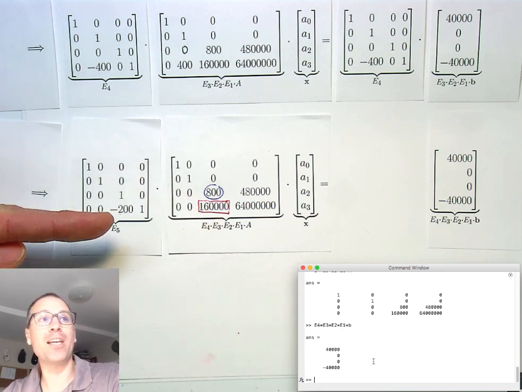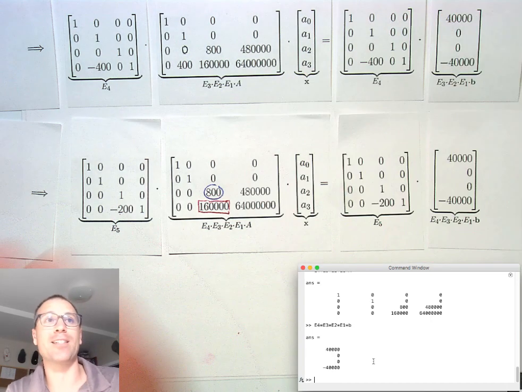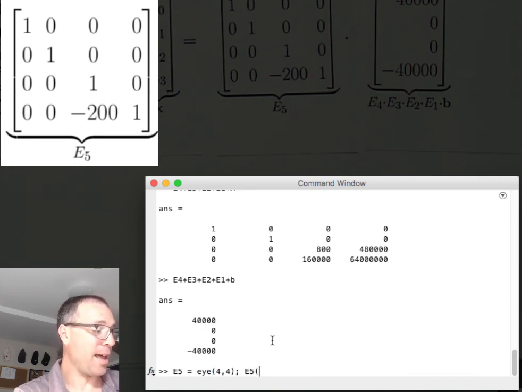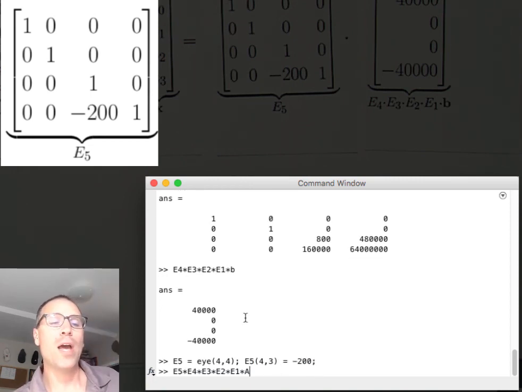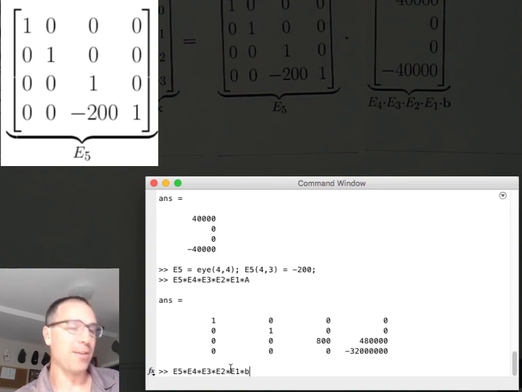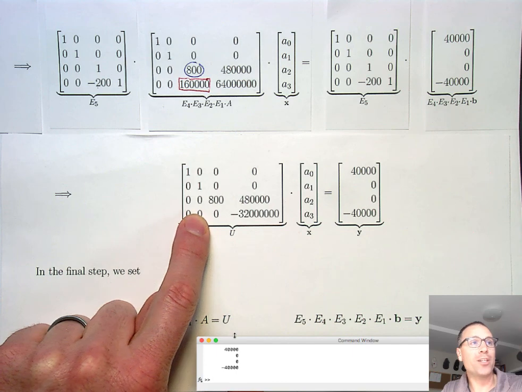If I multiply on the left-hand side of my equation by that matrix, I must also do the same thing on the right-hand side. Let's go ahead and store that matrix in MATLAB. So E5 is going to be a 4 by 4 matrix. And then the entry in 4, 3 we said was going to be equal to 200. And then when I multiply this new shear matrix on that chain of elementary matrices, notice that I indeed cancel out that last non-zero. We can do the same thing for B, and this produces an upper triangular matrix U